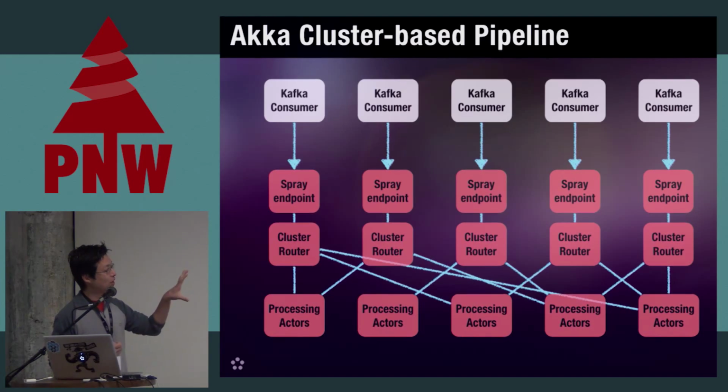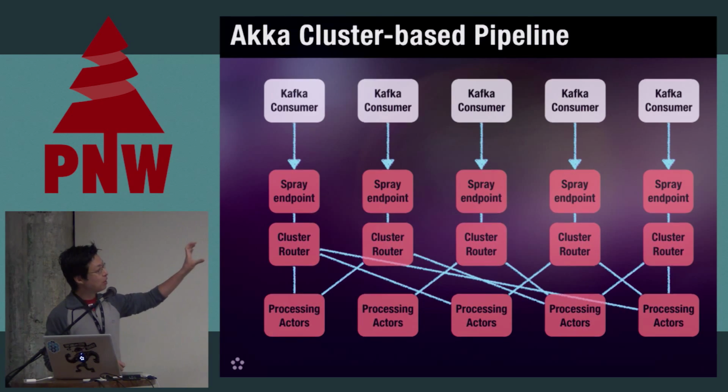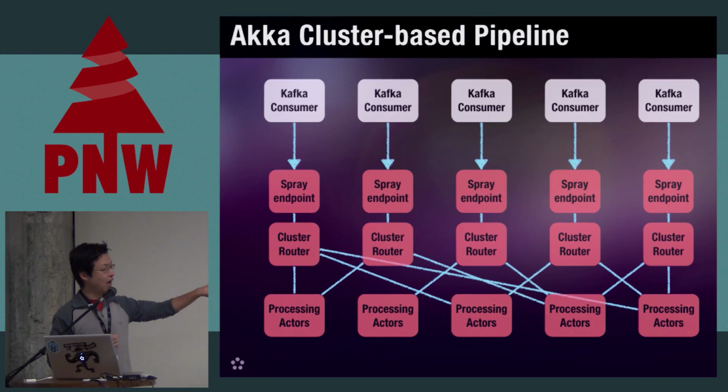We thought, okay, we want to build an HTTP ingestion service, because that way multiple users can talk to it. One team can own the HTTP service, which is really nice from a team separation standpoint. So we have Spray endpoints and HTTP endpoints. Then you talk to a cluster router. The cluster router will know which node to spread messages to. The reason is that we have processing that happens, and there's some state in it. So we want to reroute messages to the correct node based on a consistent hash. And you can do this in Akka Cluster.